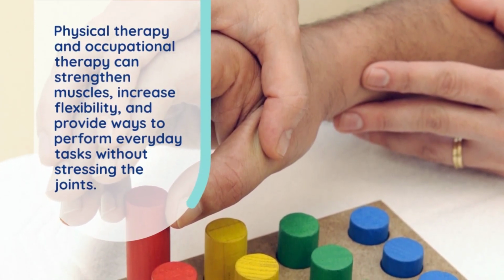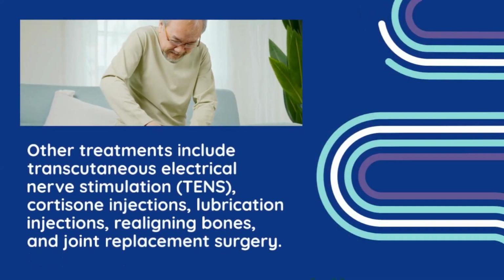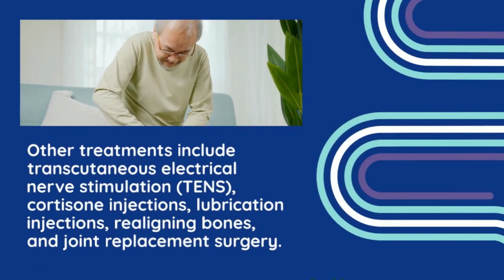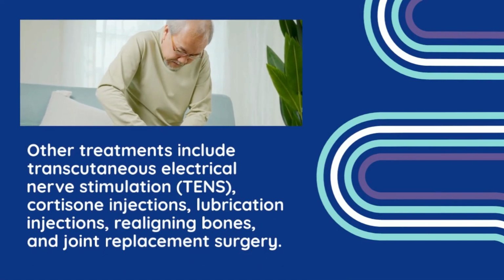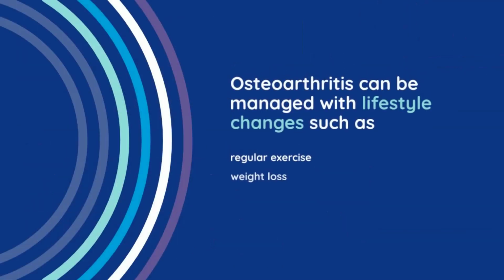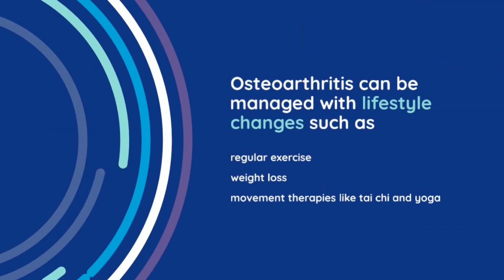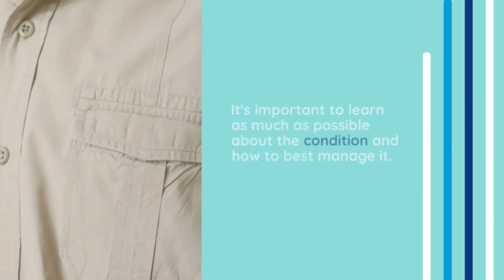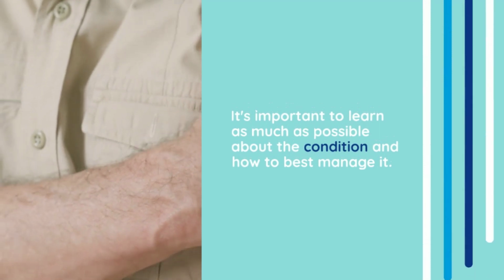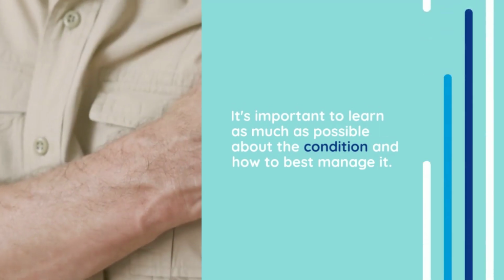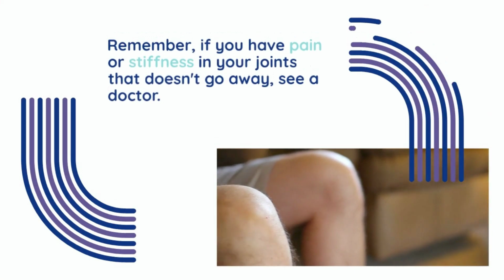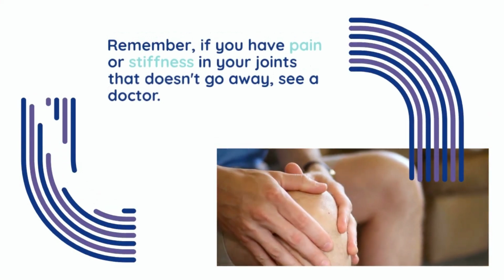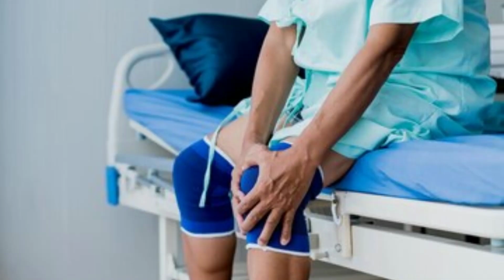Causes: osteoarthritis. Osteoarthritis is a condition in which the cartilage that cushions the ends of bones gradually wears down. This makes it difficult to move joints without causing pain. If the cartilage on the end of a bone wears down completely, bones will rub against each other. Osteoarthritis is a disease that results from the breakdown of cartilage. It also affects the entire joint, causing changes in the bone and deterioration of connective tissue that hold the joint together and attach muscle to bone. Joint inflammation occurs when the joint lining becomes inflamed.